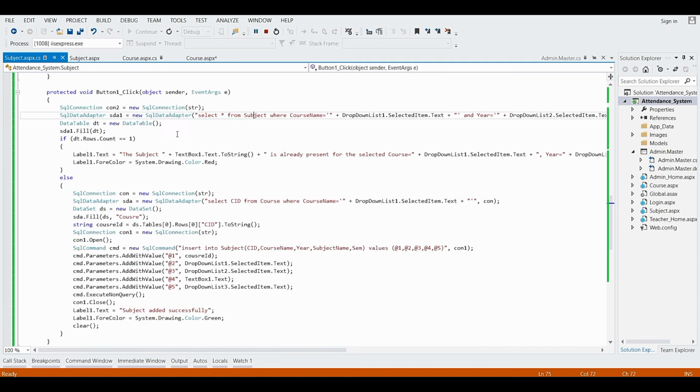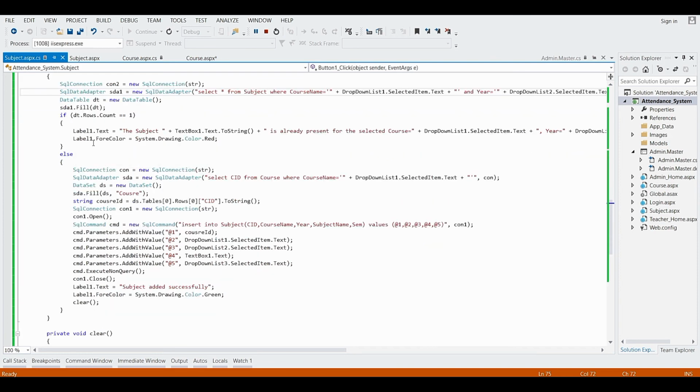After that, we have to check if any data is present in the data table, for that we have to give the if condition, that is dt.rows.count double equal to 1. If the count is equal to 1, that means the record is present in the data table.